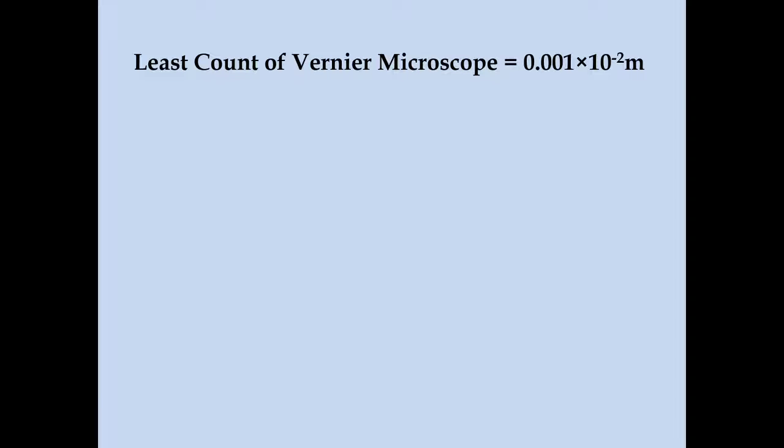The least count of the Vernier microscope is 0.001 centimeter or 0.001 into 10 power minus 2 meter. That means in this experiment all the readings are taken to a precision of 3 decimal points. For example,